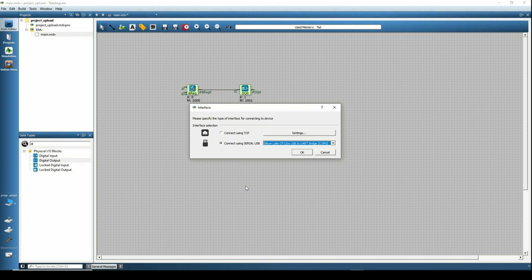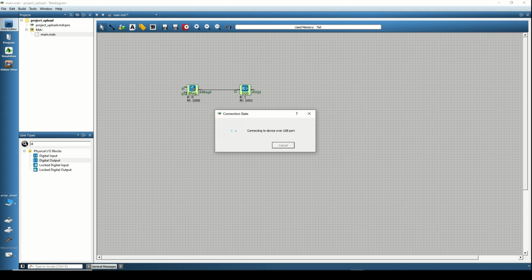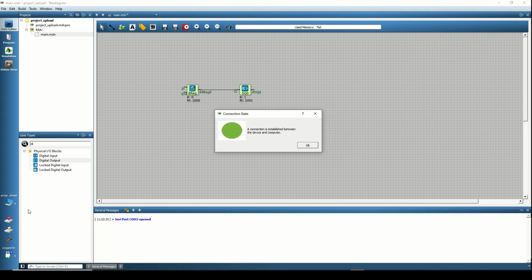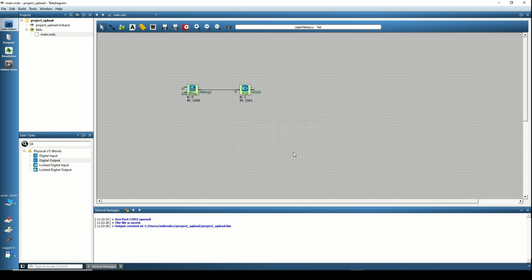In the lower left part of the screen, we have the Upload to Device section. When we click here, we see options for connecting via TCP or a USB cable. Let's first proceed with a USB connection. We choose the COM port and click OK. The connection between the device and the computer is established. We click OK. In the next step, when we click Send to Device, we upload the relevant project to the